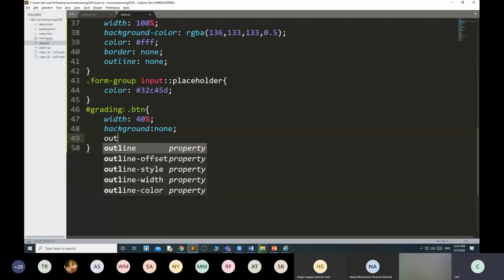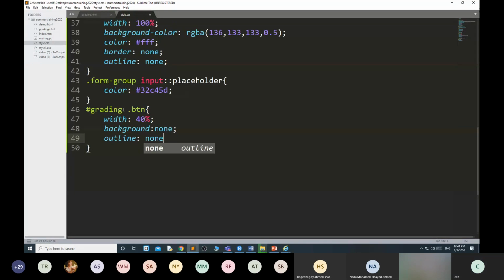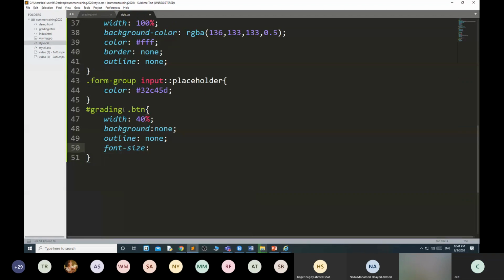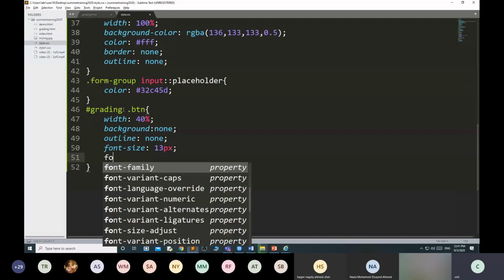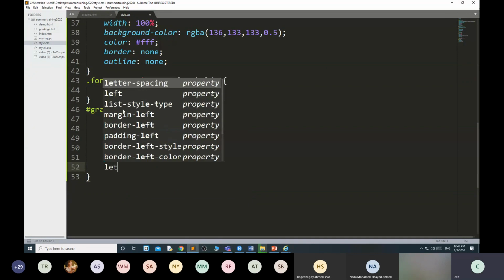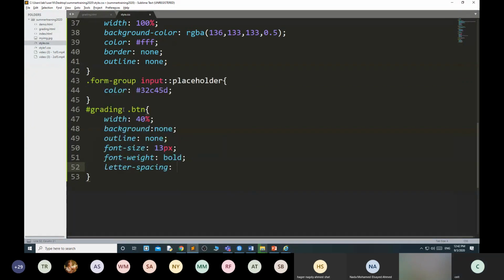Then outline none. Then font size 13 pixel. The font size you can also use for the input if you want a bigger font size. Font weight is if you want bold or light. Font weight bold. Then letter spacing 2 pixel.